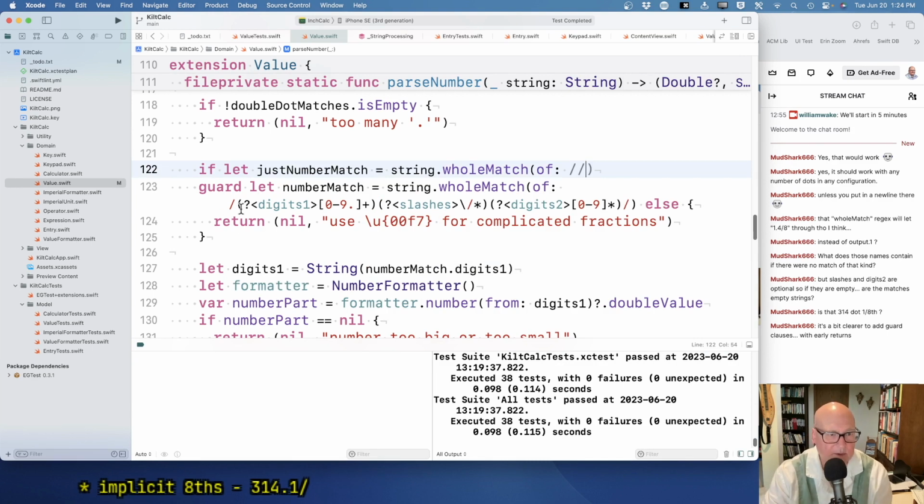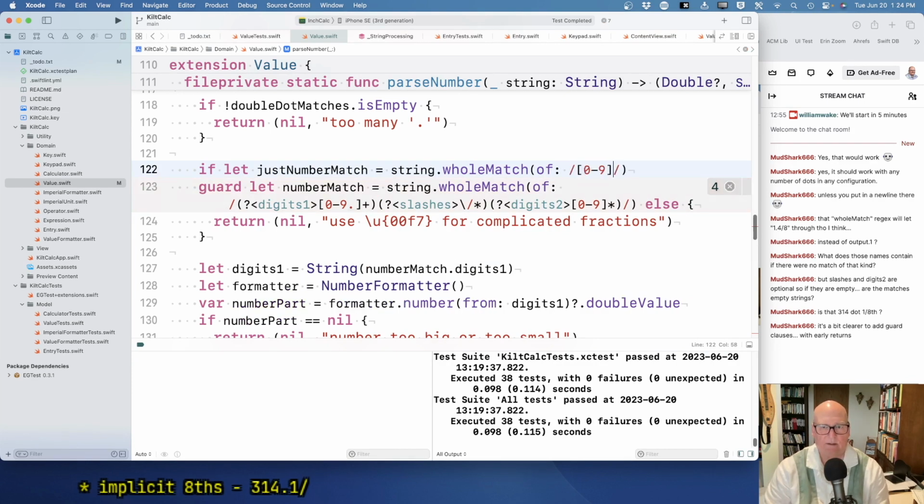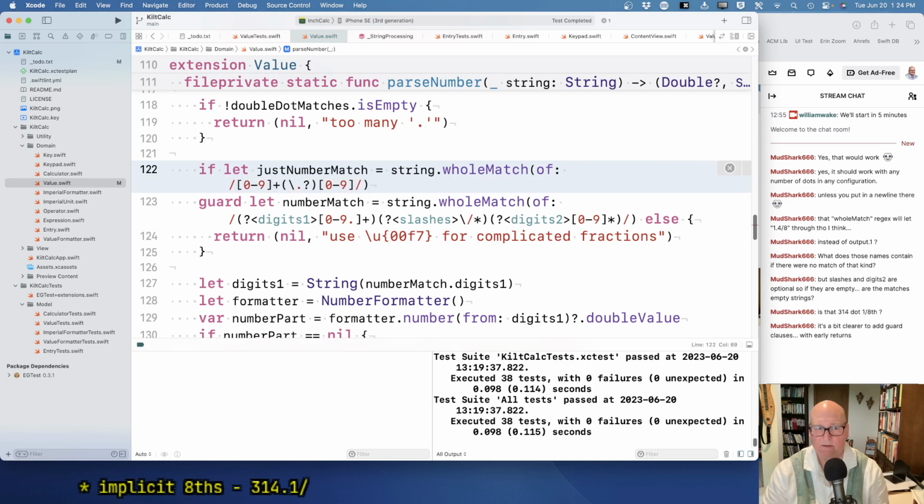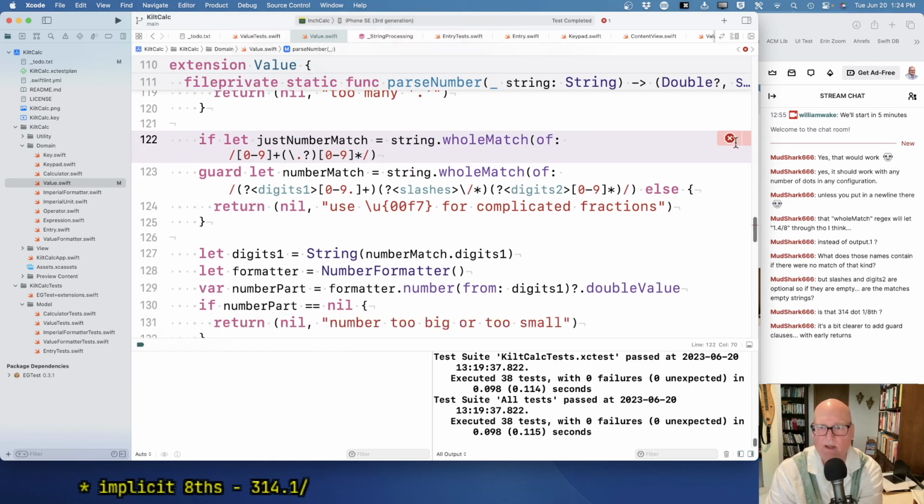Okay, and I'm going to put digits plus an optional dot, optional, and then digits star. Okay. Now, if that matches,